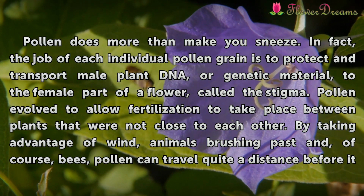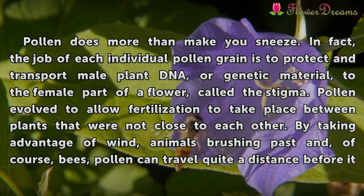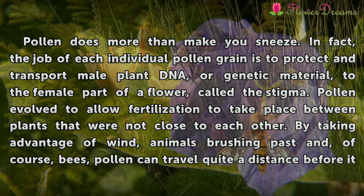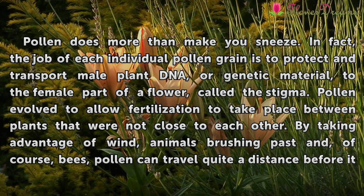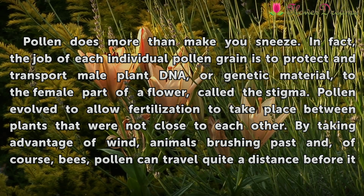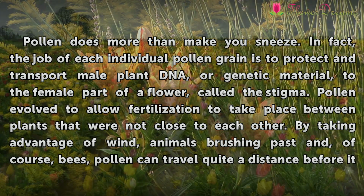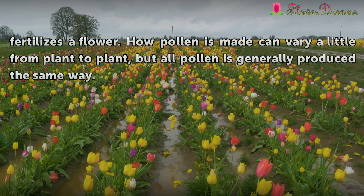In fact, the job of each individual pollen grain is to protect and transport male plant DNA, or genetic material, to the female part of a flower, called the stigma. Pollen evolved to allow fertilization to take place between plants that were not close to each other. By taking advantage of wind, animals brushing past and, of course, bees, pollen can travel quite a distance before it